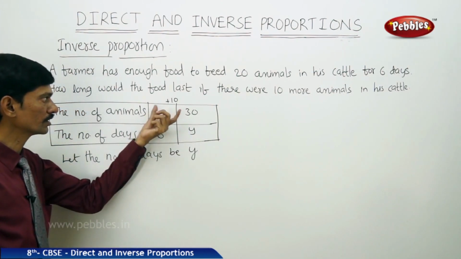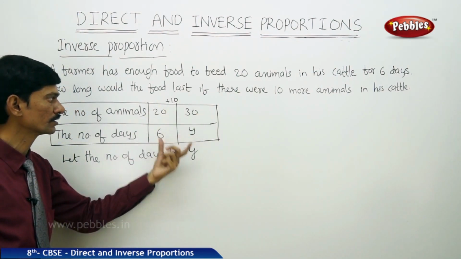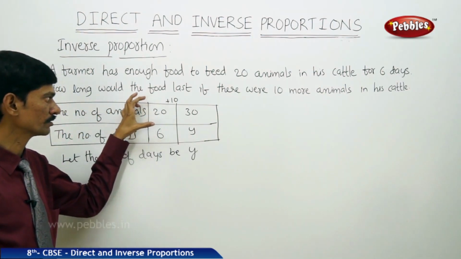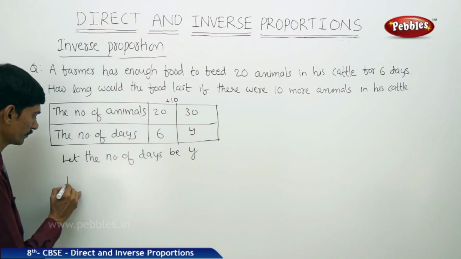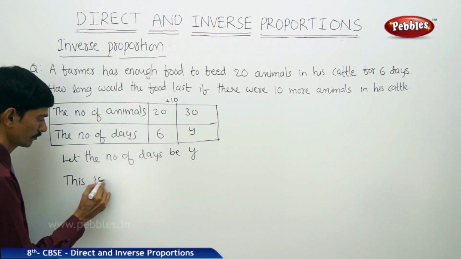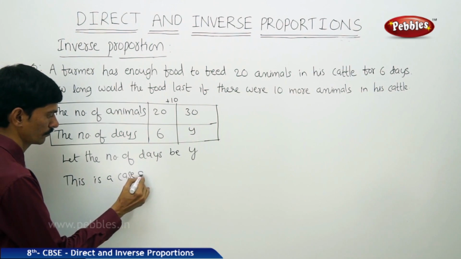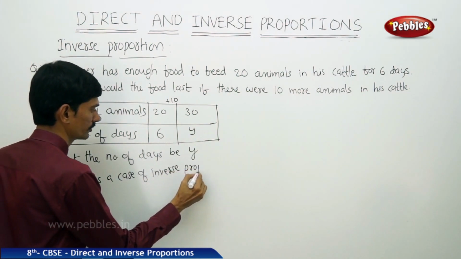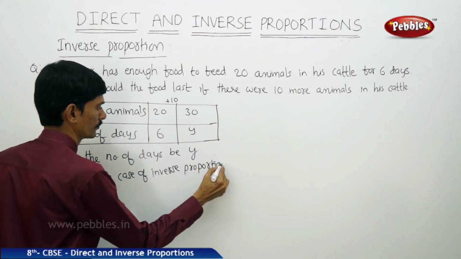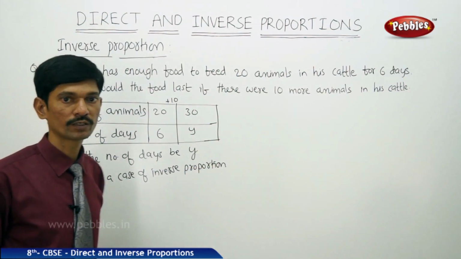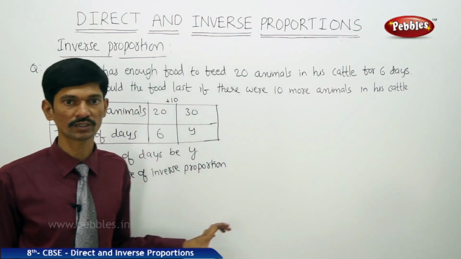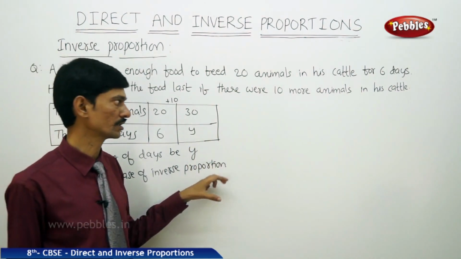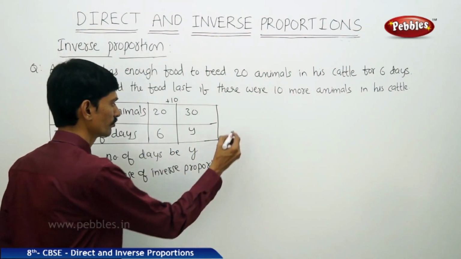So here this quantity is increasing, whereas this quantity is decreasing. So this is said to be a case of inverse proportion. So as we know that when two quantities are in inverse proportion, the product of the first quantity and the second quantity remains a constant. So here we can write that 20 into 6